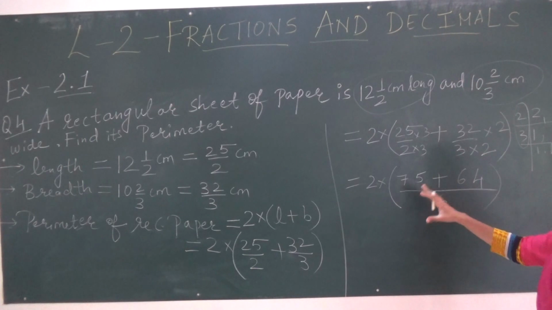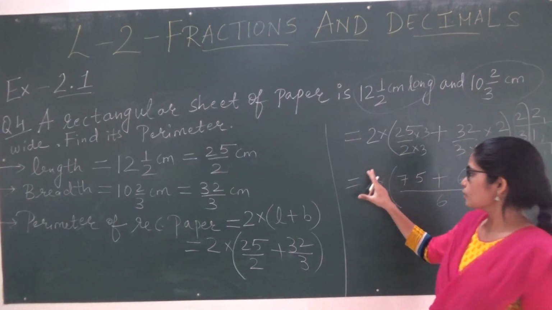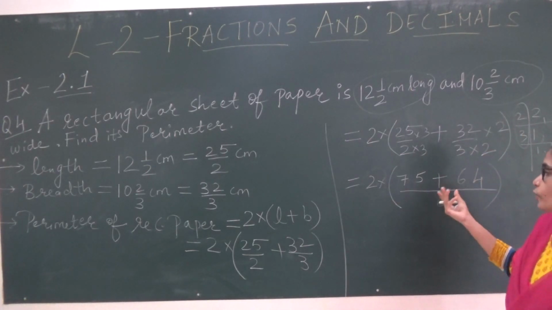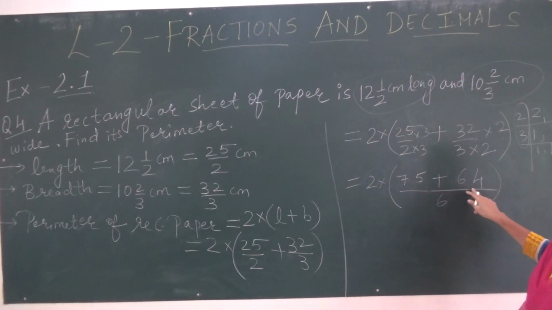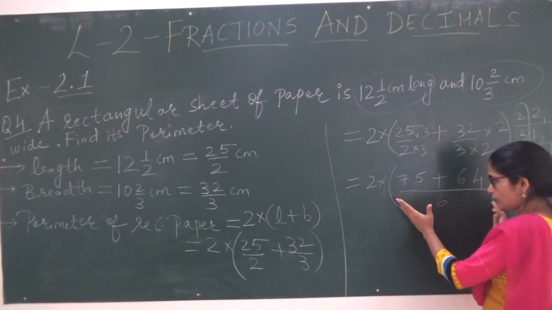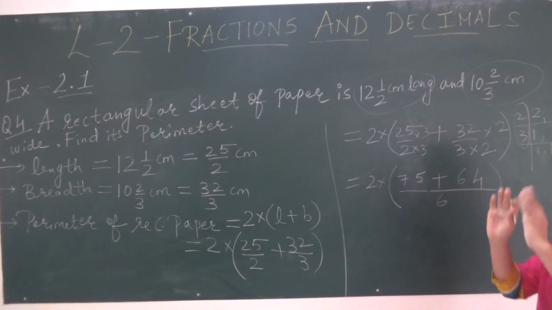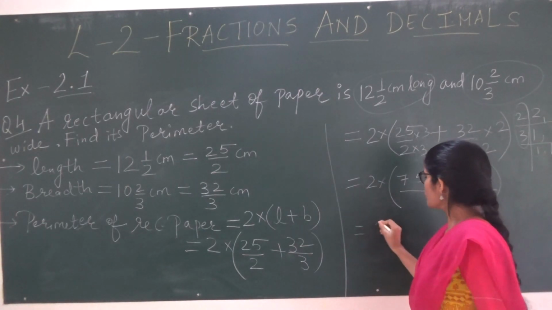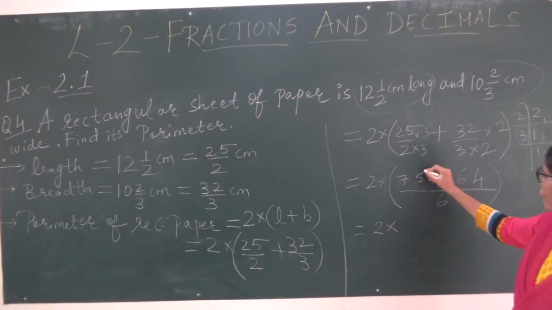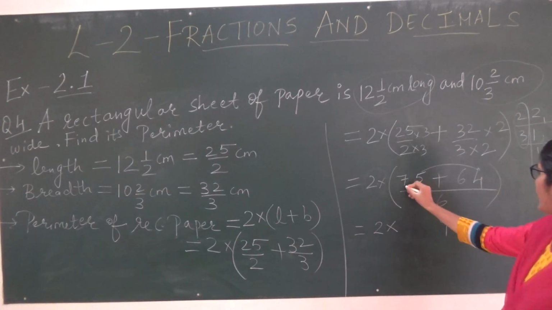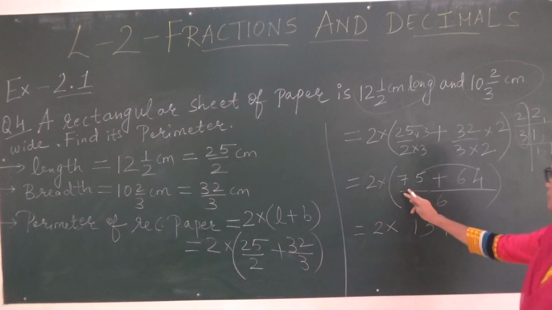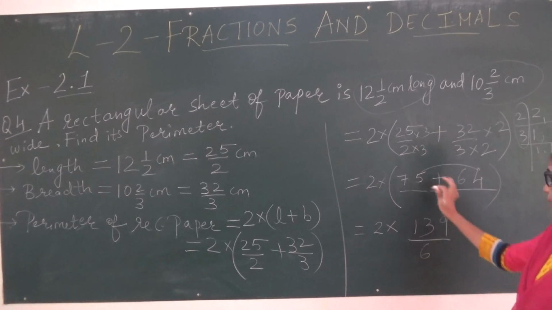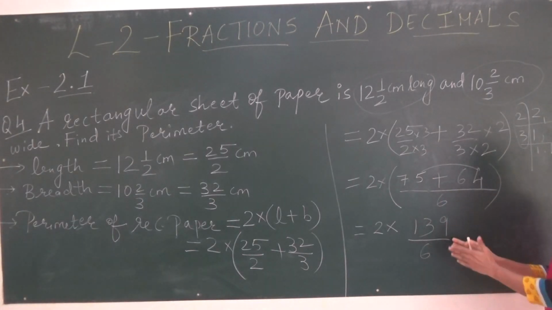Clear? Now always first solve the bracket. Don't do any calculation with this 2. That you can do later on. But first we need to solve the bracket. Or if you multiply 2 into 75 then plus 64, that will be wrong. Brackets are given. So first we need to solve the brackets. Always whatever is given inside the brackets, that has to be solved first. Then with the outside part. Okay, so 2 multiplied by, add up this. So 5 plus 4 will be 9 and 7 plus 6 will be 13. 7 and 6 is 30. So 139 upon 6. Now the bracket is solved. We have added. So our answer is 139 upon 6.